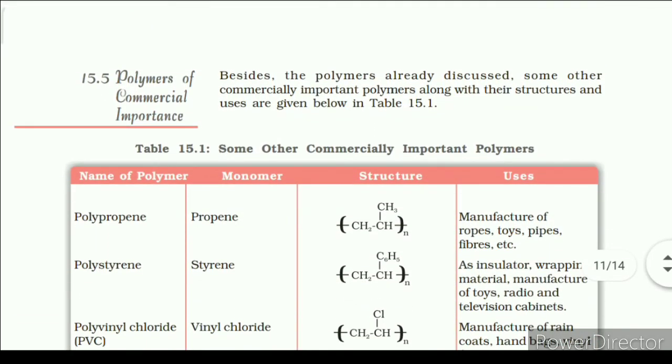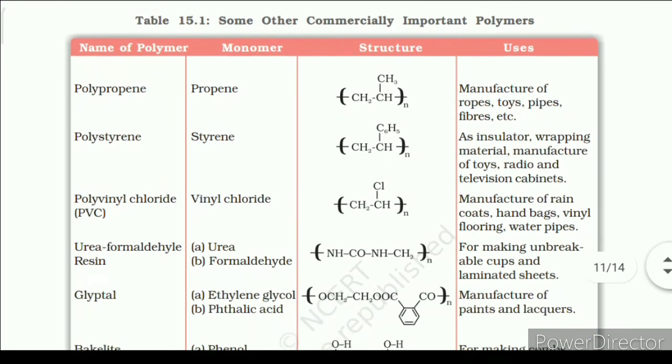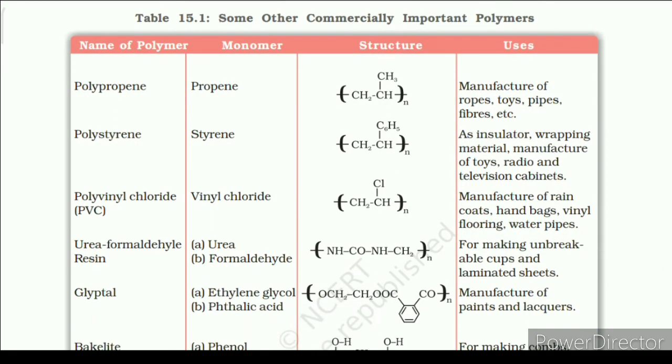15.5 Polymers of commercial importance. Besides the polymers already discussed, some other commercially important polymers are given along with the structures and uses in table 15.1. Now I am skipping this table for you to memorize it in a better way,